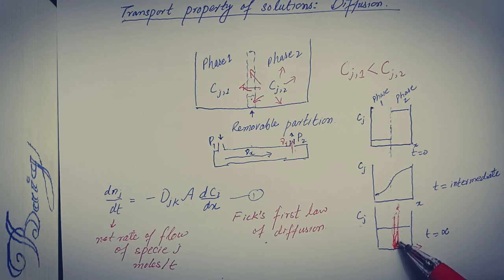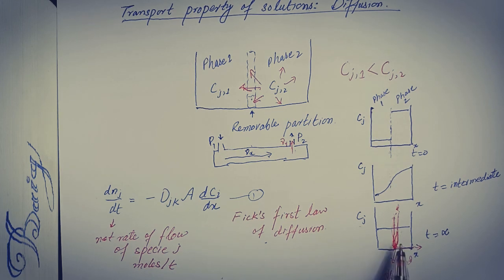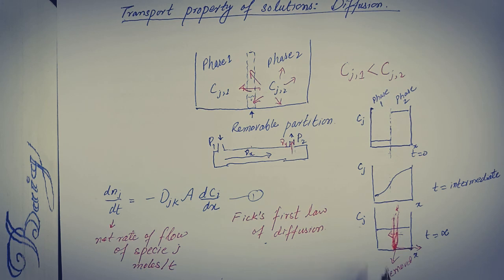The area of this partition is given here, where dc_J/dx is the rate of change of the molar concentration of species J with respect to the x coordinate, at the area of plane P, parallel to the x-axis in the direction of phase 1,